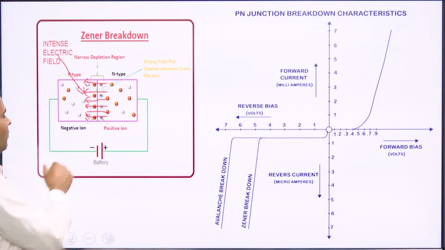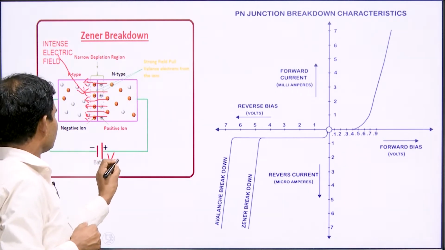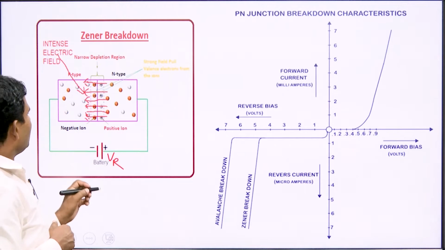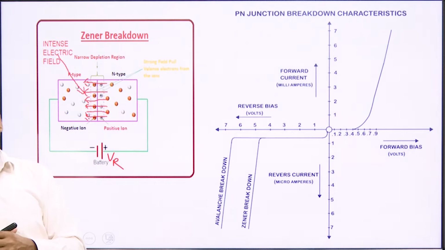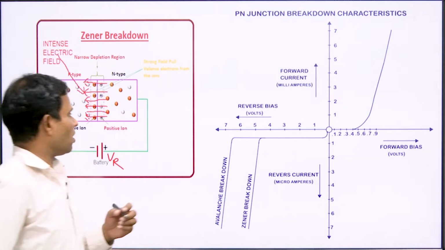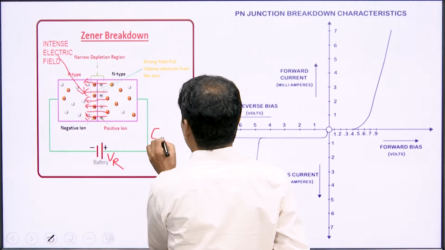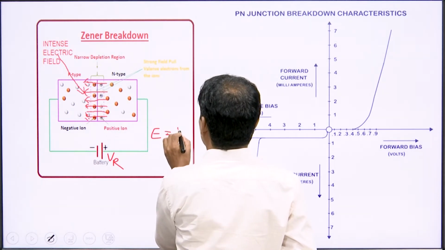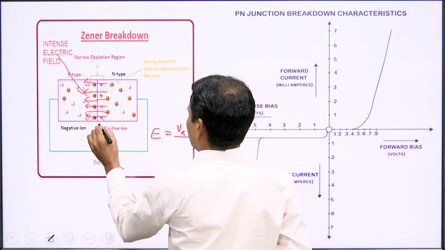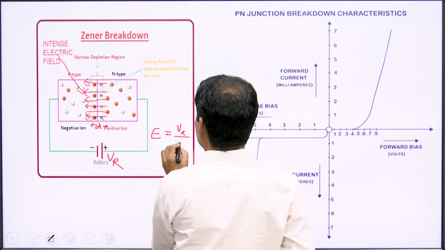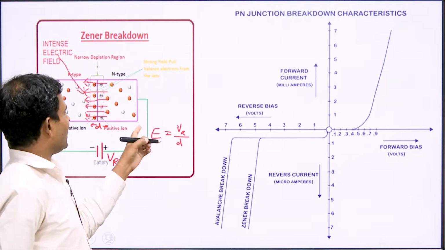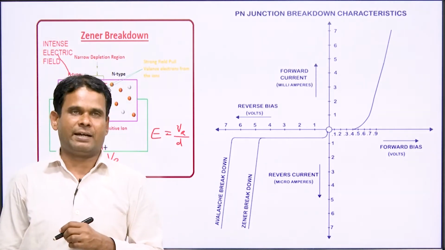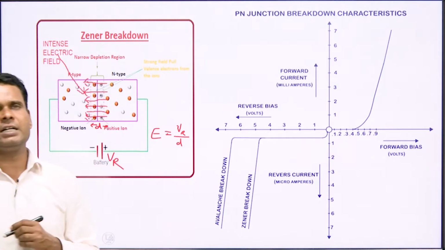When we apply the reverse voltage VR, then what will happen? The electric field appearing across the depletion layer is intense, is strong. Why is it strong? Because the formula of E is VR upon the width. Suppose the width of the depletion layer is D. Since D is small, E is strong, and the strong electric field is called an intense electric